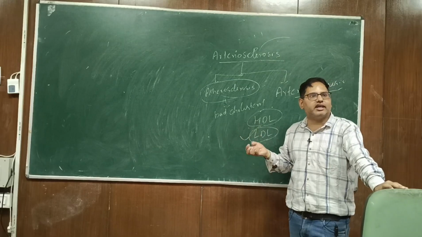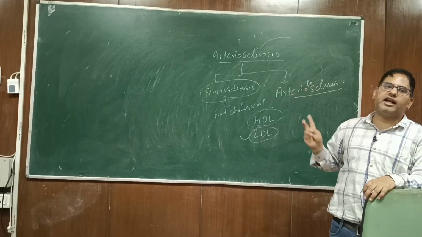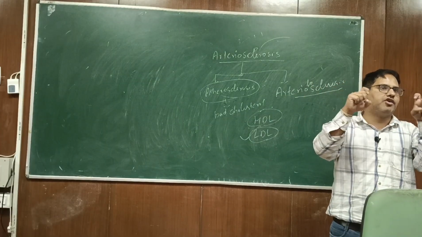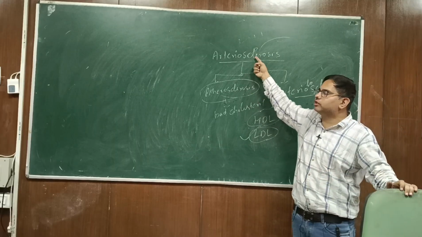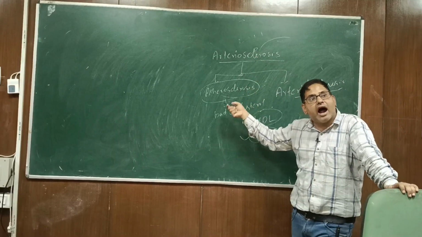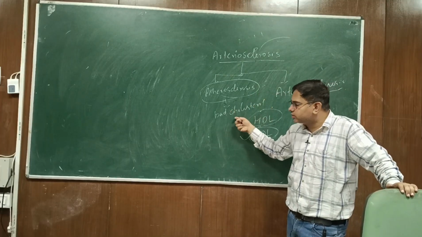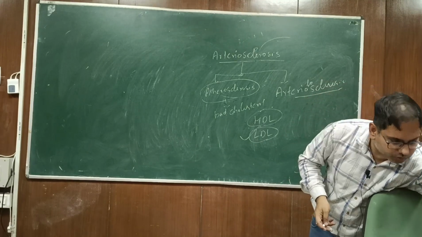But one thing which should be very clear in your mind is the difference between arteriosclerosis and atherosclerosis. Arteriosclerosis means hardening of your arteries when your arteries lose the elasticity. Atherosclerosis is one of the types of arteriosclerosis in which your arteries become hard or lose elasticity due to deposition of bad cholesterol. Got it? Now moving to unit 2,